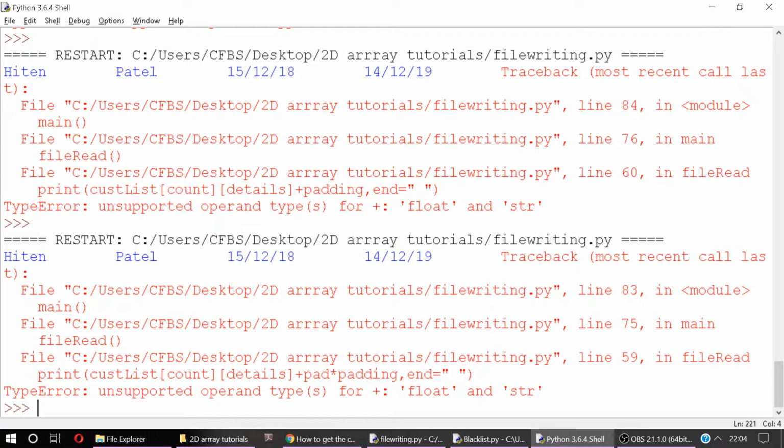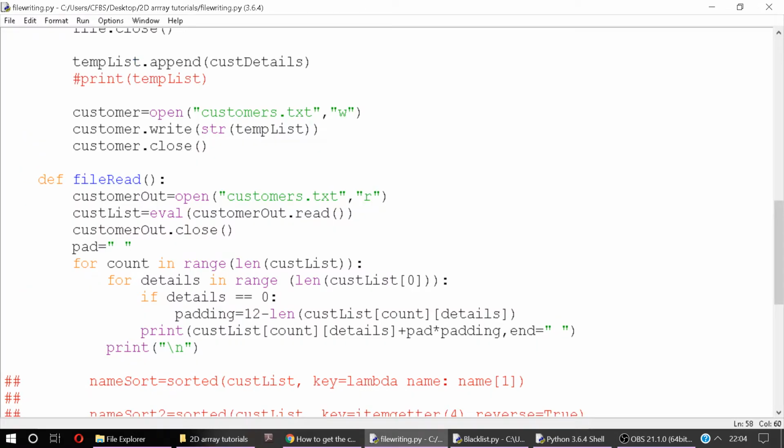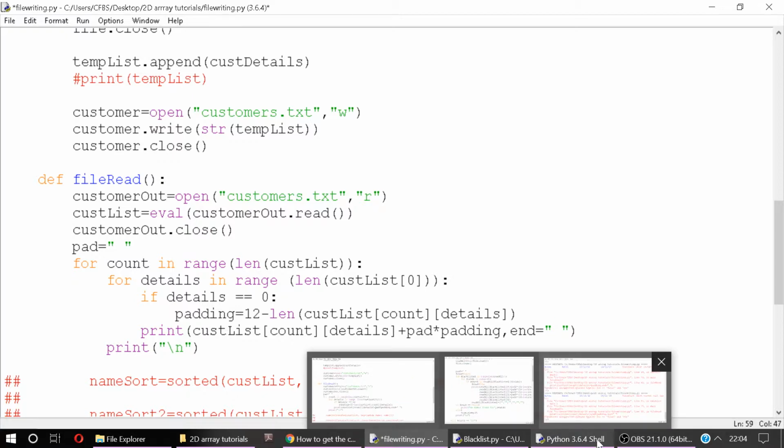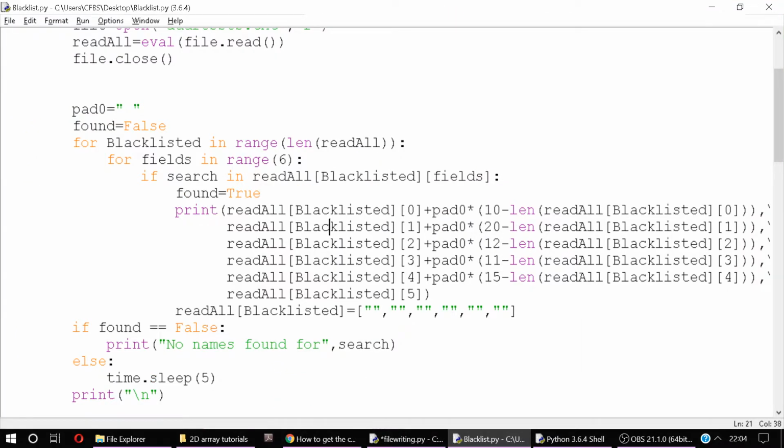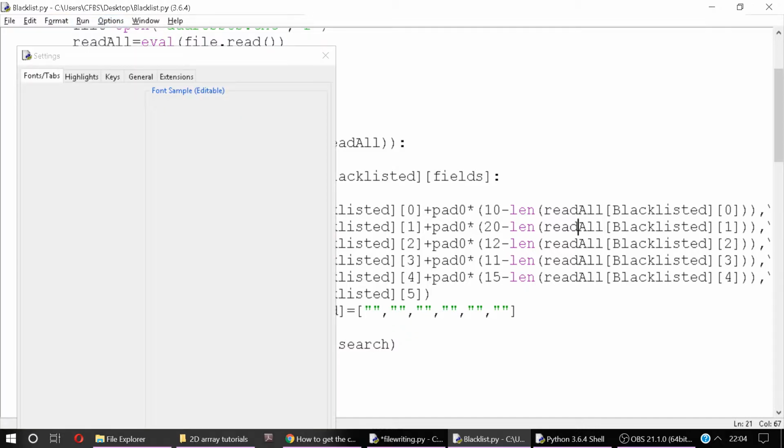I mean, that worked for one, and then it stopped working. Why is this not working? Did I put commas on each one? Oh, I did. I've done this complete hack where